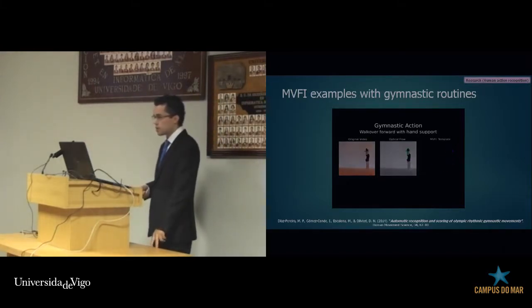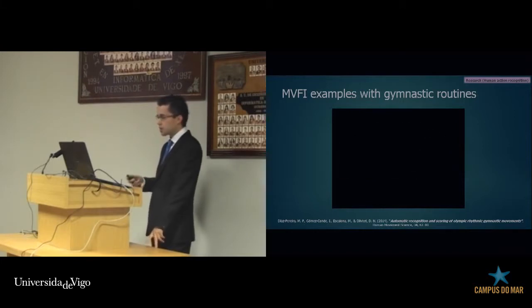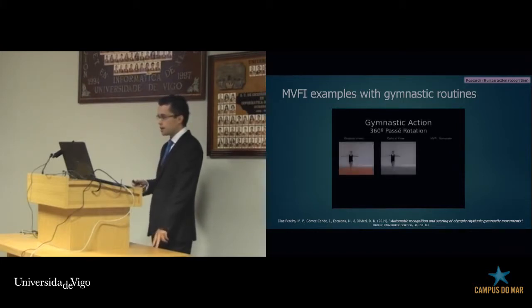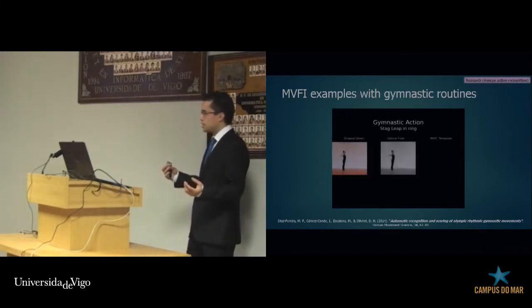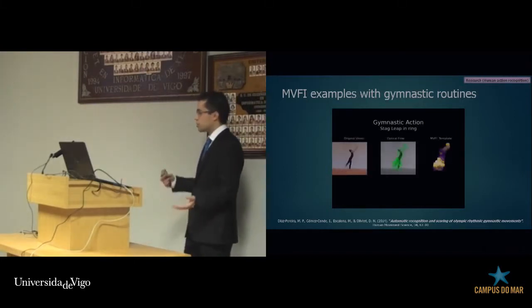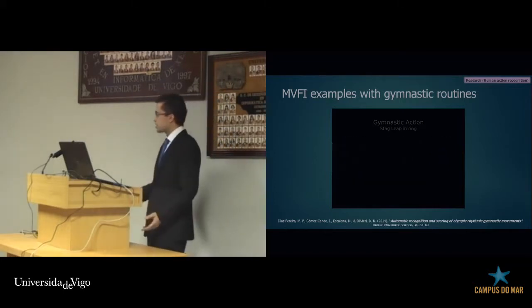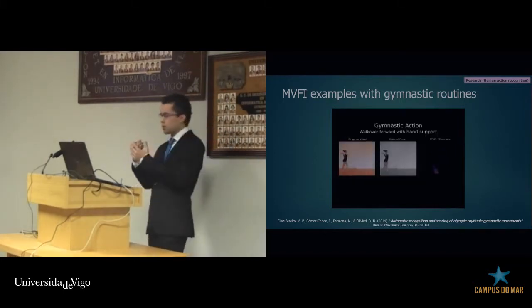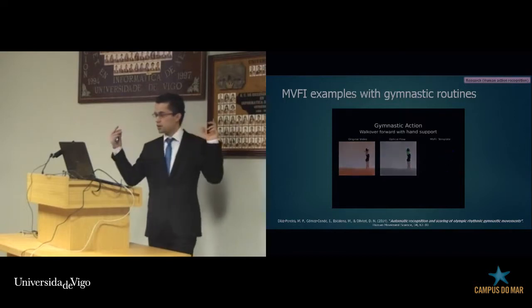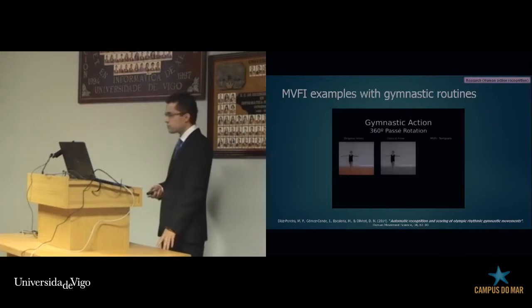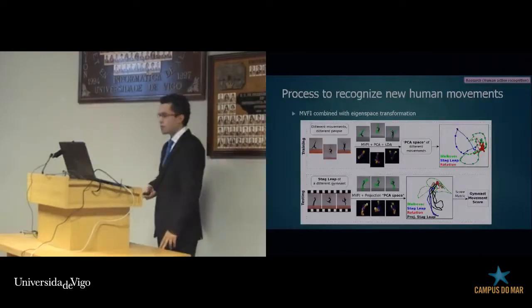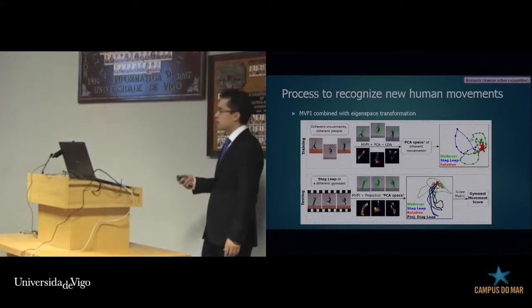And this is an example. Well, I will go forward. For example, you can see very well here in the passive rotation that sometimes you don't see your body, because it's not really important in this movement, because sometimes it's like static. So you need to understand very well that the important thing here in that movement is the movement of your hands. With this representation, now we need to classify.